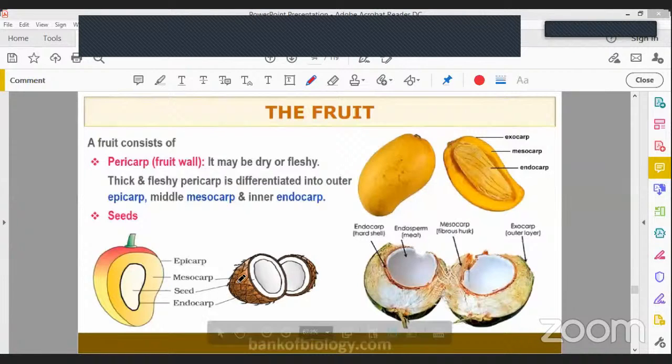Done, students. Whereas in coconut, we don't eat the mesocarp. The mesocarp is the rough layer here. So the epicarp, mesocarp, and endocarp we can't eat. What we eat is the endosperm. So you would have studied in the second year portions. The endosperm is the